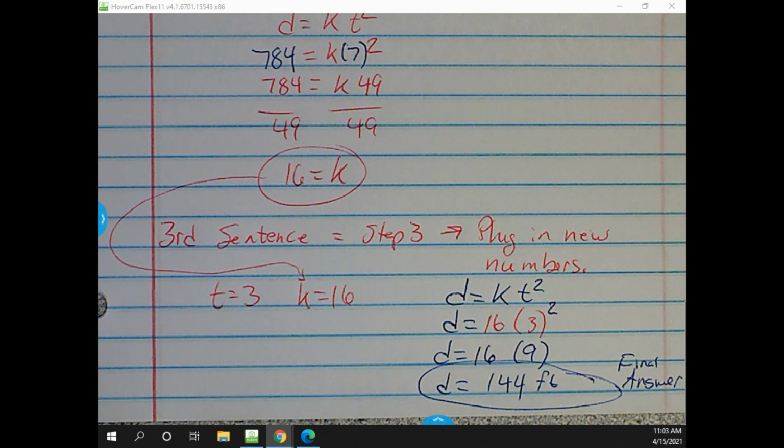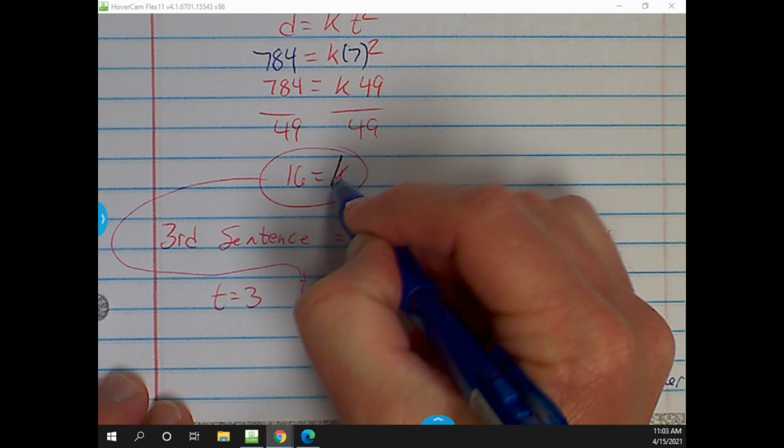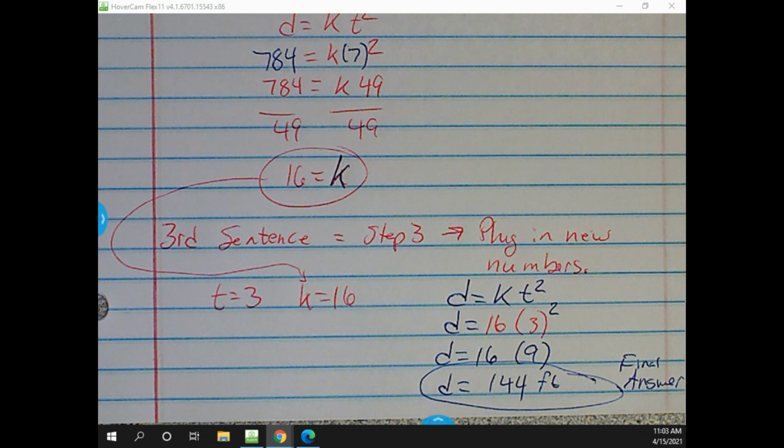Okay, and all those word problems are going to be very similar to that. You'll have basically 3 sentences. The first sentence will be the setup of the equation. In the second sentence, you plug in the numbers you have, and you figure out what this K value is. You've got to figure out what the force is that's impacting it, whether it's gravity, or the price per gallon, or the pressure that somebody's putting on